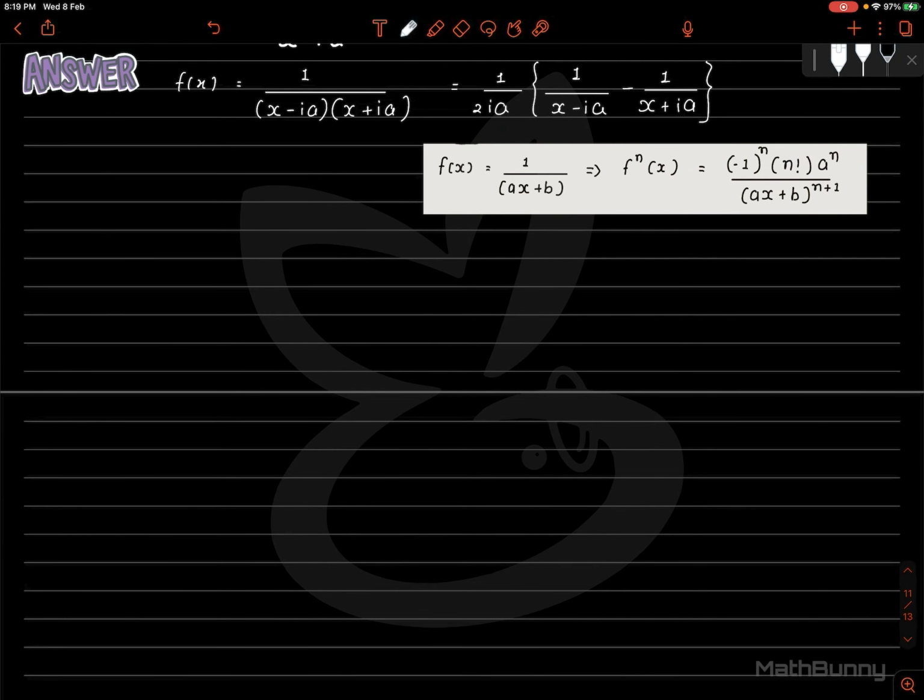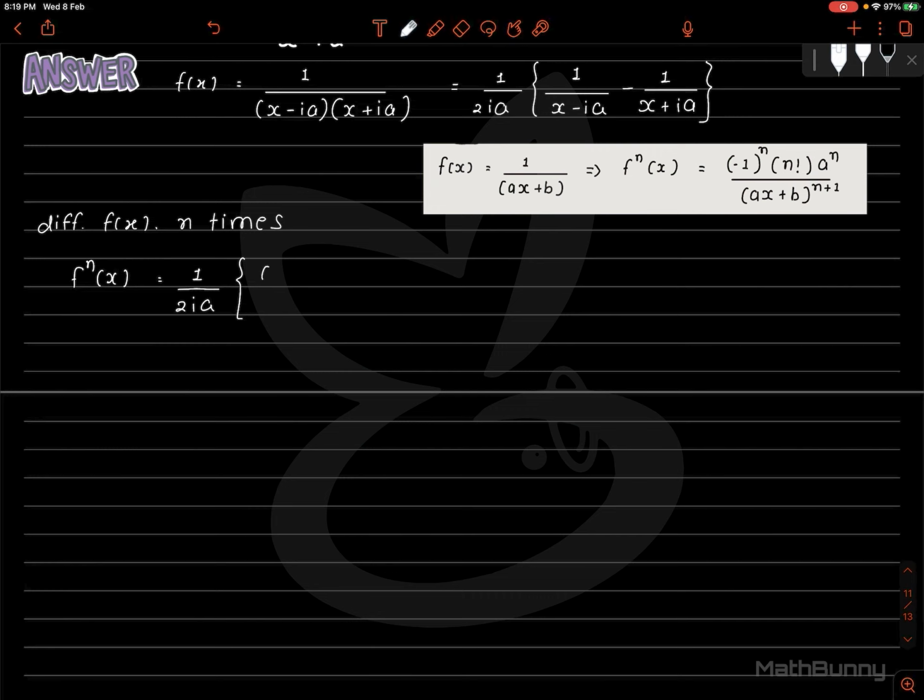Now we can write, differentiating f of x n times, the nth derivative would be 1 upon 2ia, as 1 upon 2ia is a constant, we will write it as it is. For the functions, we would write it one by one. For the first part,